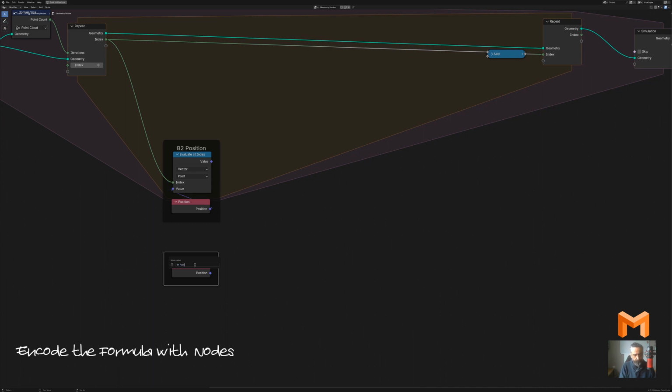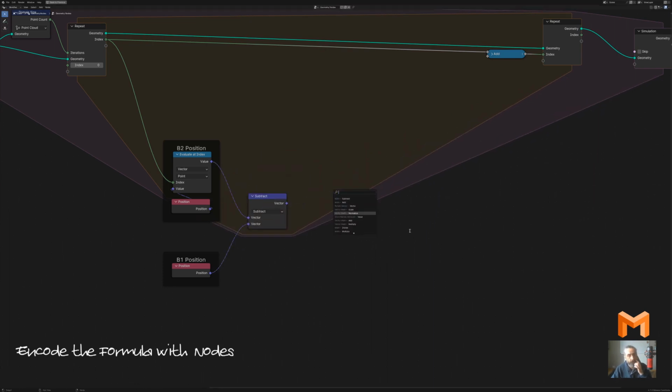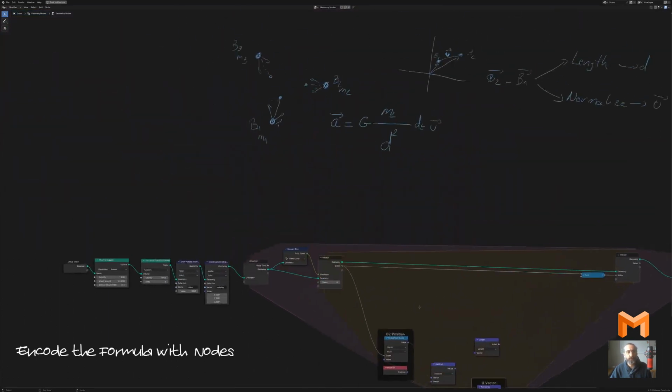So let's frame it to see what it is. This is the B1 position like this, and I can do B2 minus B1, so this is a vector math subtract, like this. And so this is the subtraction. So I subtract the B1 vector from the B2 vector, and now I've got the vector from B1 to B2. And as I said, we can use the length here, and we can use the normalize operation. This is the U vector, F2, U vector. Okay, and this is the length, this is the d value, but what I want to do is to